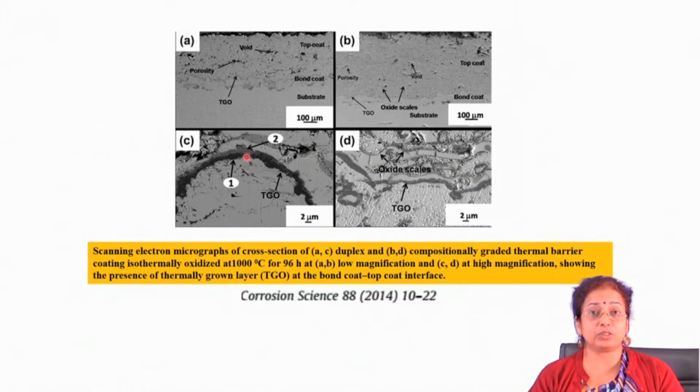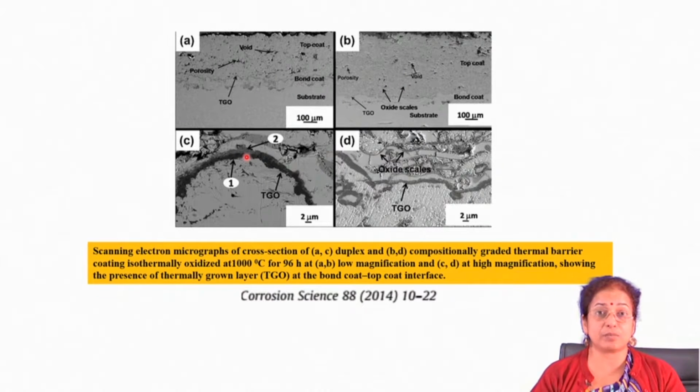I also mentioned that the ceramic layer, or insulating layer, or thermal barrier coating does not offer high temperature oxidation resistance. That property is usually offered by the bond coat which you are using for the top coat development, because the bond coat offers high temperature oxidation resistance, and